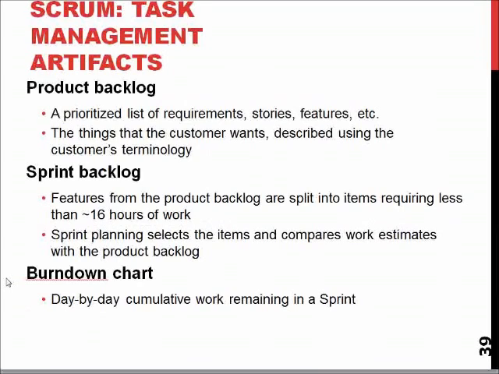Well, a couple of terminologies are mentioned here. The product backlog is more or less the prioritized list of requirements, stories, features, and other things we have to do to our software. The sprint backlog is a list of things we are doing in the current iteration, and the burn down chart is the chart which says what items are still left